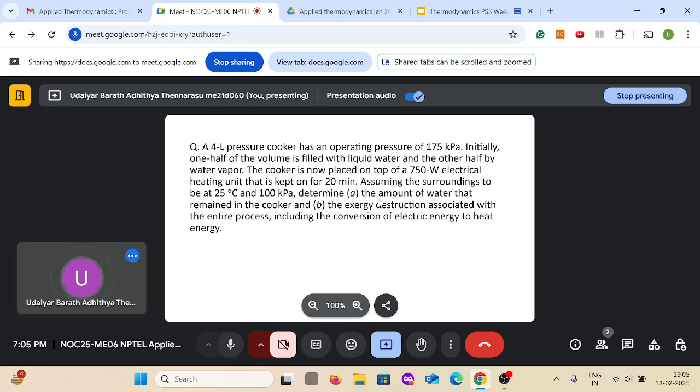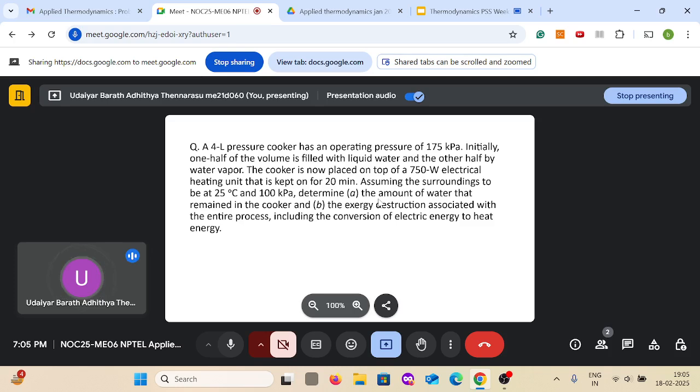So moving on to the next question. A 4-liter pressure cooker has an operating pressure of 175 kilopascal. Initially, half of the volume is filled with liquid water and the other half by water vapor. The cooker is now placed on top of a 750 watt electrical heating unit that is kept on for 20 minutes. Assuming the surroundings to be at 25 degrees Celsius and 100 kilopascal, determine the amount of water that